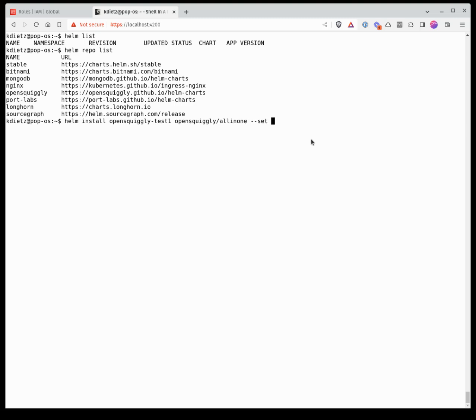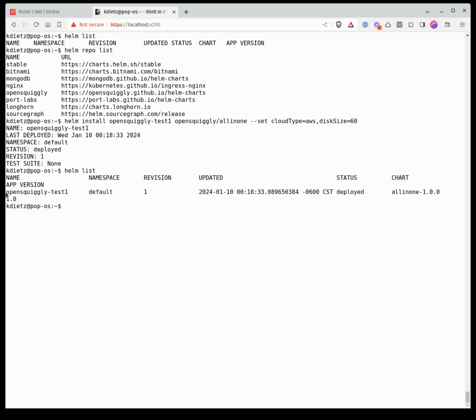And now I'm going to just set two variables. I'm going to do cloud type equals AWS, and we're going to do disk size equals 60, let's say 60 gigabytes. So whatever, it's in whole numbers of gigabytes. And let's give that a shot. All right, and that looks pretty good. If we do helm list now, see that it's added the release to the list of the Helm installed